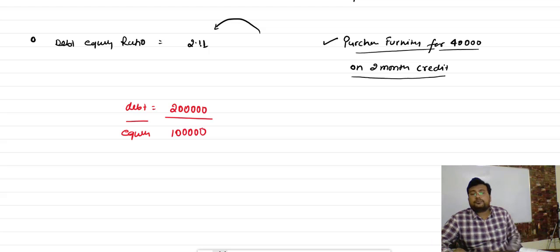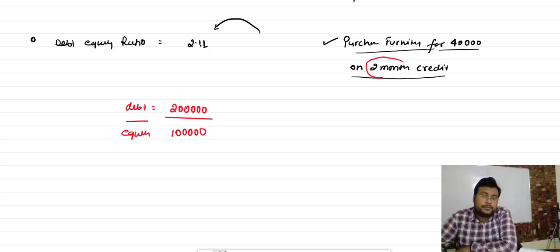Now, purchase furniture for 40,000 on 2-month credit. Will any particular effect be there? Look, 2-month credit is there. So it is a type of debt, but it is not for a long term. It is for a short term. And as you know, in the debt only long term is there. So no effect